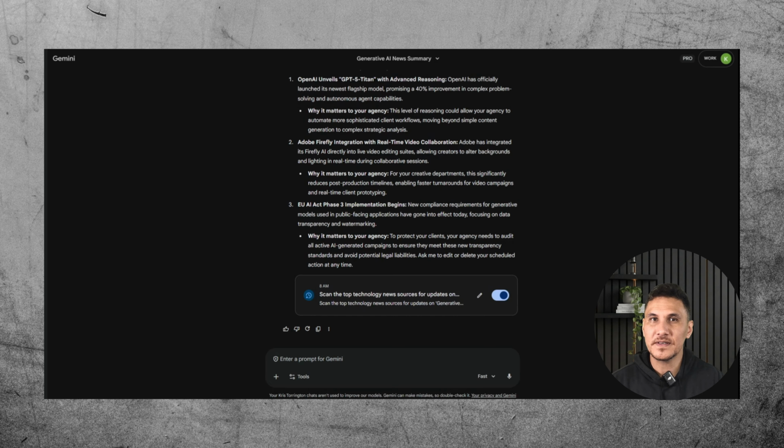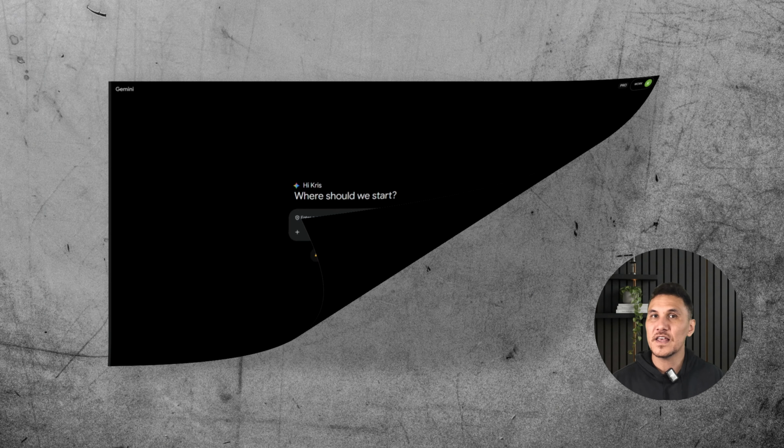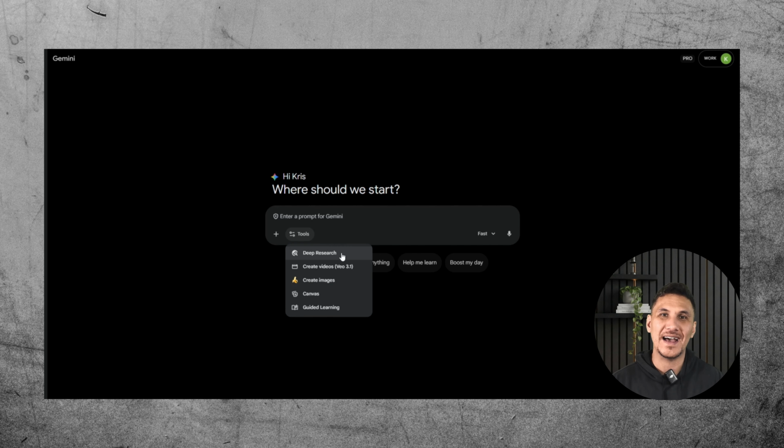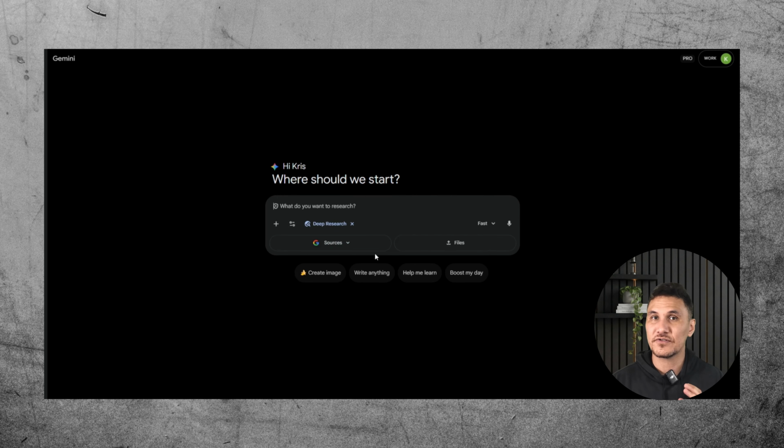But sometimes a summary isn't enough and you need deep, heavy lifting. There is a massive difference between search and research, because search gives you a list of links you have to click and read, while research is the act of reading and synthesizing, and until now, you've had to do that reading, but not anymore. Click on the tools icon near the input bar and select Deep Research to transform Gemini